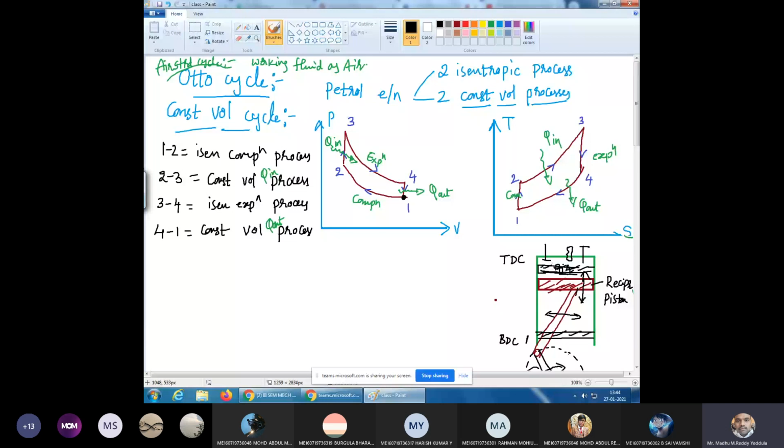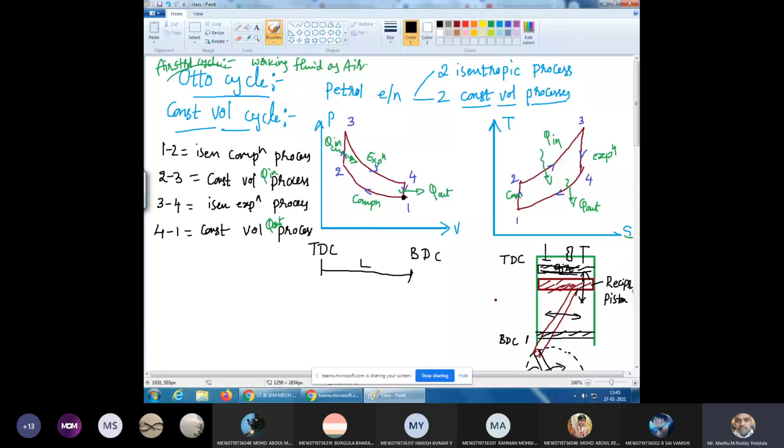Now in this diagram, this is the top dead center and this is the bottom dead center. The distance from here to here I can call the stroke length. Got it? 1 to 2, the piston is moving from BDC to TDC. At the end of the compression process, we are adding the heat. How to add the heat? As we know, by keeping the diathermic wall in contact with the source, as I explained for the Carnot cycle. This is the air standard cycle, a theoretical cycle.